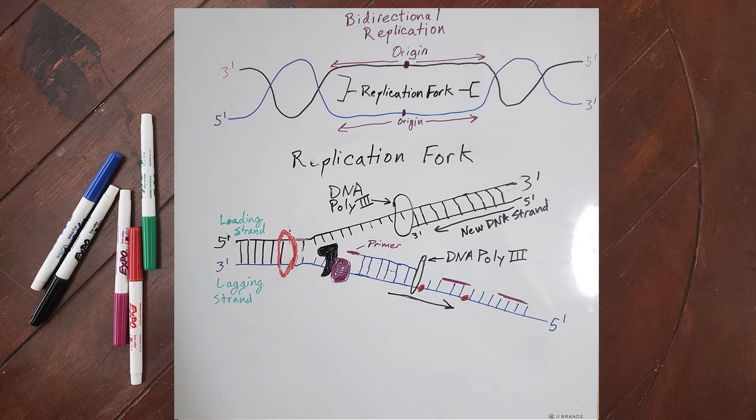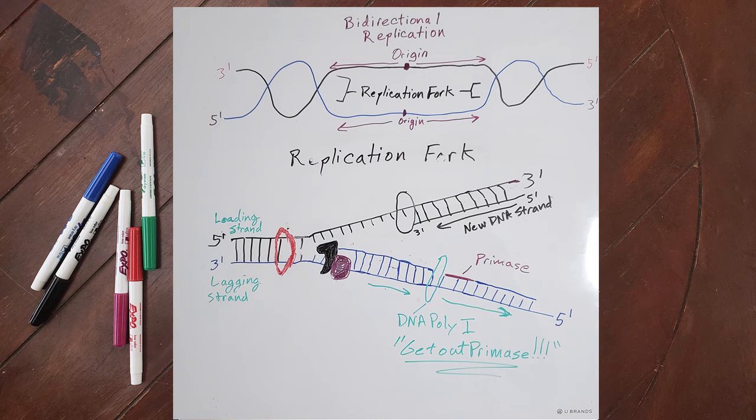The strand where it can do this continuously is called the leading strand. However, it also has 3' to 5' exonuclease activity, meaning it can occasionally jump back to replace erroneously added nucleotides. Following DNA polymerase III is DNA polymerase I. It moves in the same direction as DNA polymerase III and has exonuclease activity as well, but low processivity. Therefore, its primary job is to remove RNA nucleotides and replace them with the correct nucleotides.